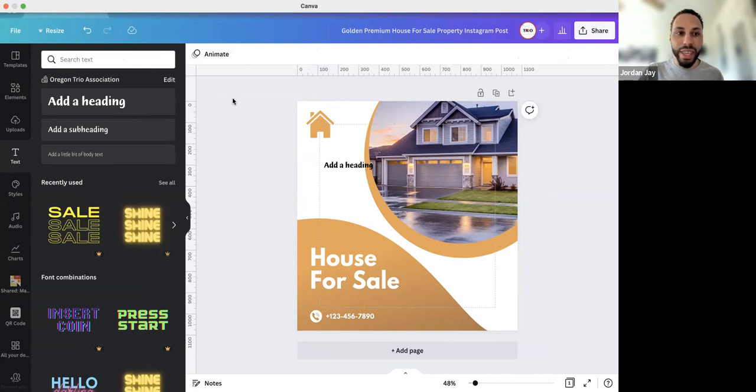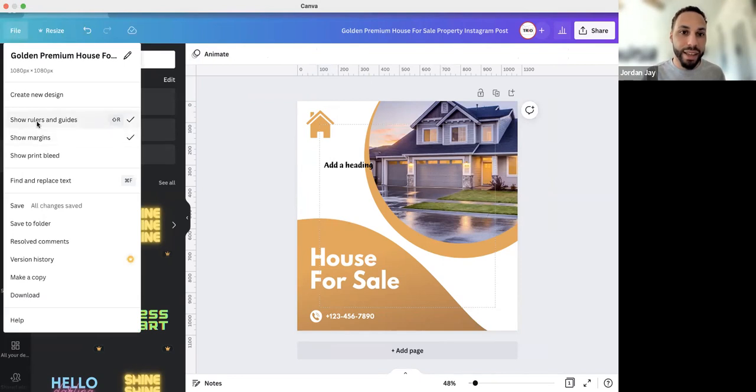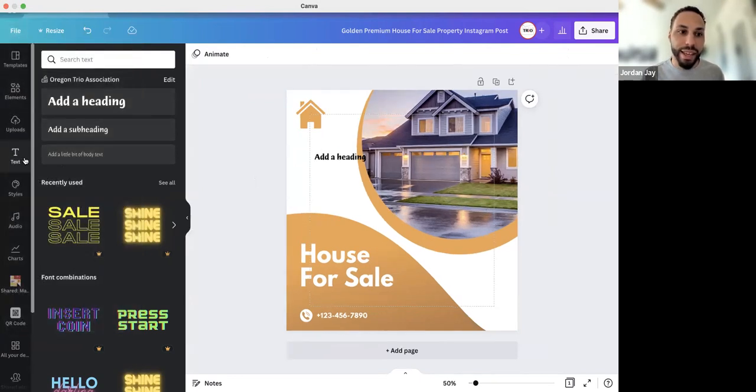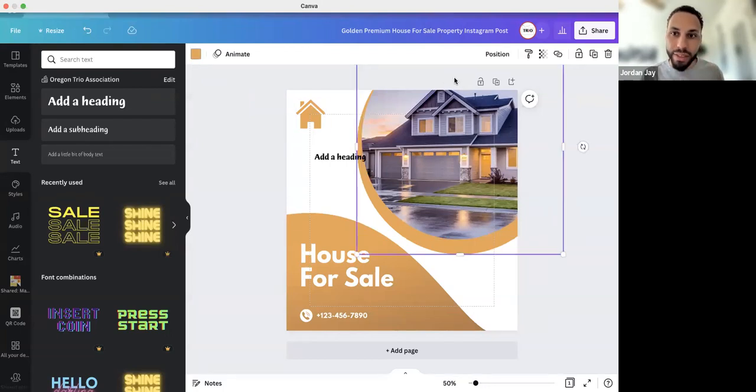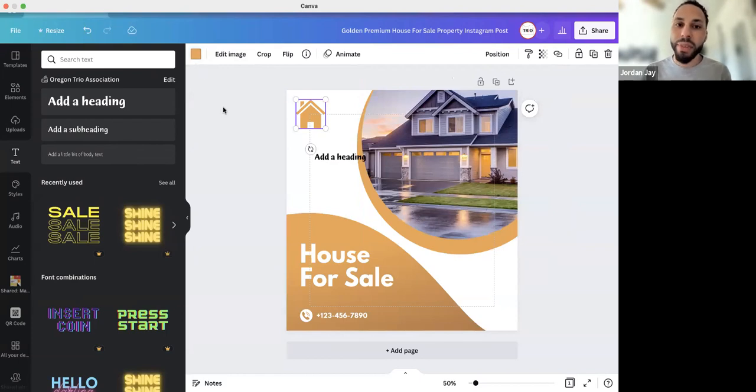So after the file button, I think it's great to just take a look at the toolbar up here. It's a lot similar, kind of just a simplified version of Microsoft Word or Google Docs, just their toolbars.